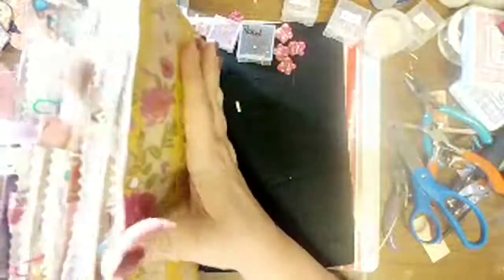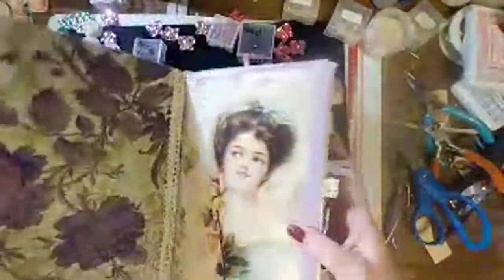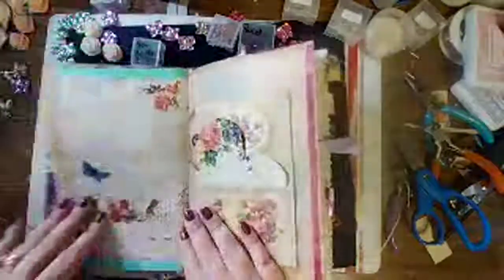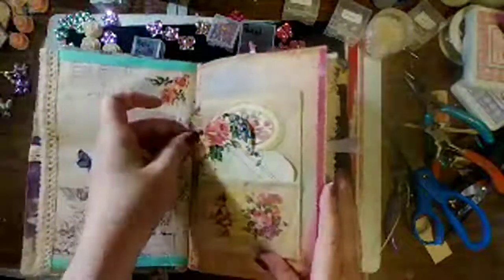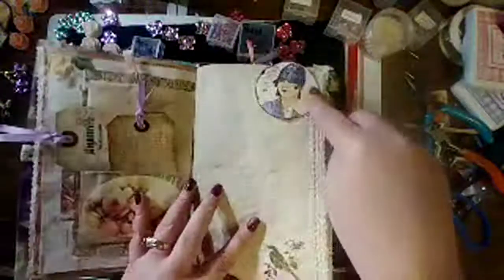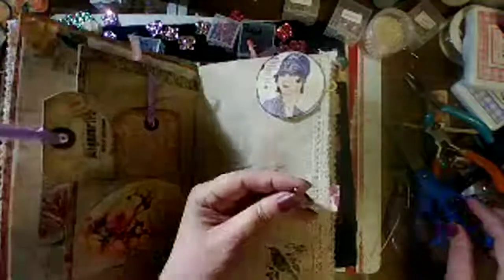So here's our journal, and I put paper clips in here. This one didn't have any paper clips, so I went and put paper clips. So let's see what we got. That's our pocket. I still have to put the ribbons on these. Here's a paper clip. So we just take our dangle